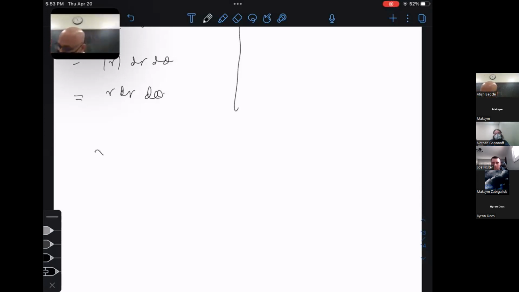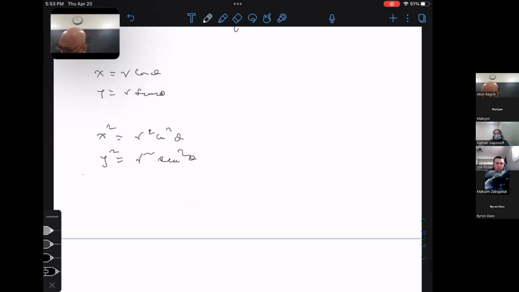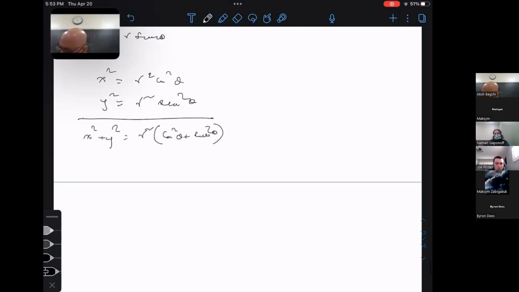So if x is equal to r cosine theta and y is equal to r sine theta, from that you conclude that x squared is equal to r squared cosine squared theta, y squared is equal to r squared sine squared theta. If you add the two, you get x squared plus y squared is equal to r squared times (cosine squared theta plus sine squared theta), which means that